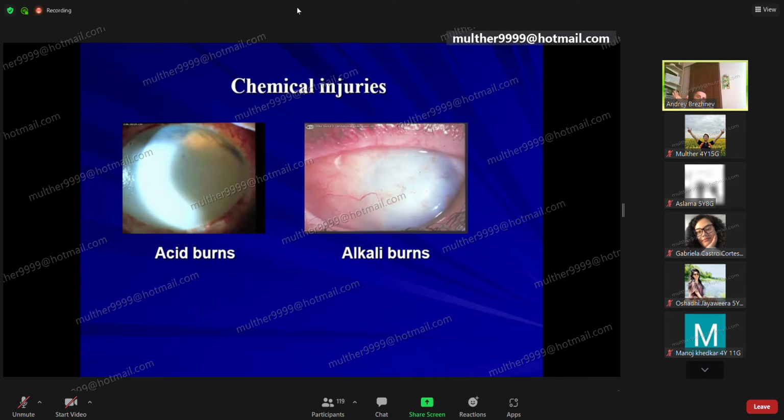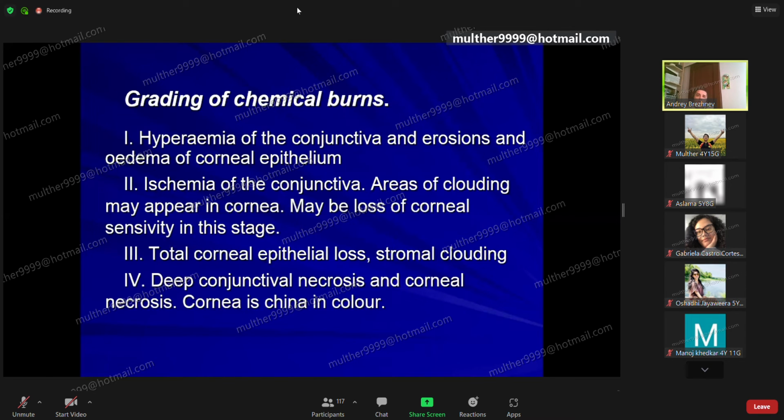In case of acid burns, if you see this patient after 2 hours after the burn, there exists a very small possibility that the next day you'll see more severe damage, because it's usually non-progressive after several hours. So, the gradient of chemical burns, depending on their severity,